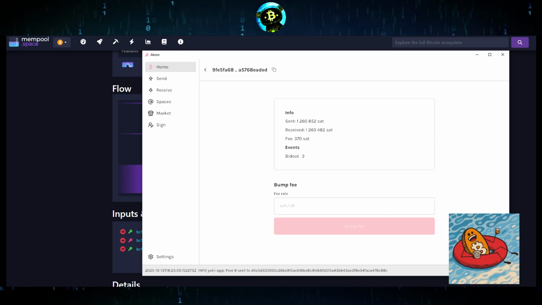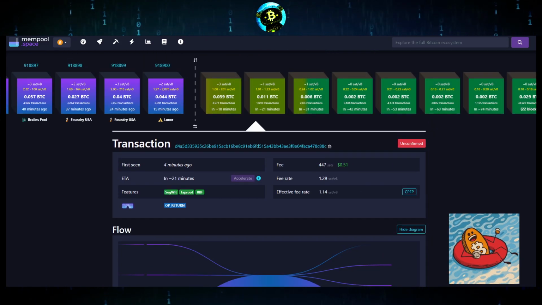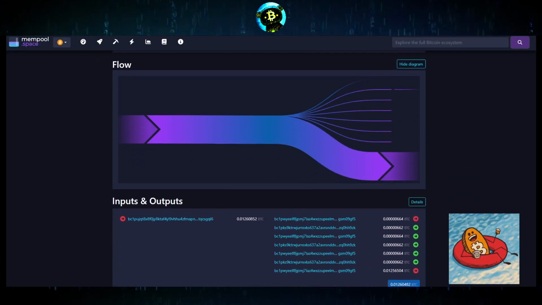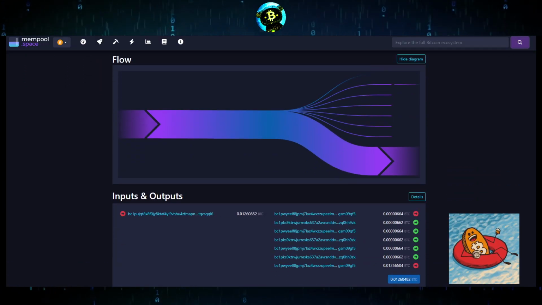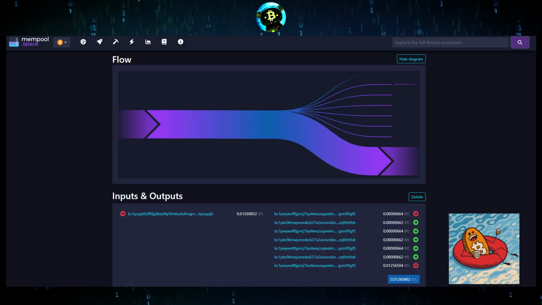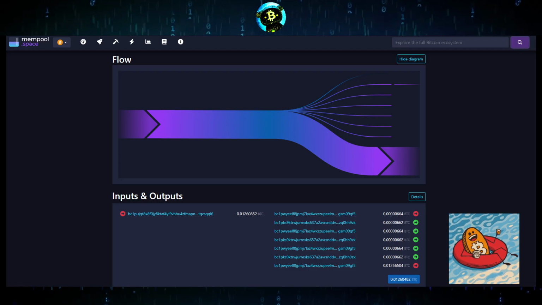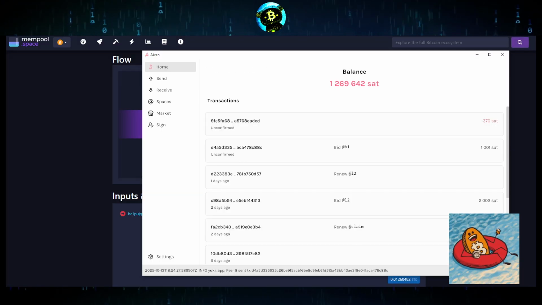So this transaction is a bid out. It saves me some fees for the future. It bids out 1, 2, 3, 4, 5, 6. So bid out 6, it looks like. So when I make future bids, I don't have to pay a fee. I've already paid the bid out fee. I think that's what's happening here. That's for this 370